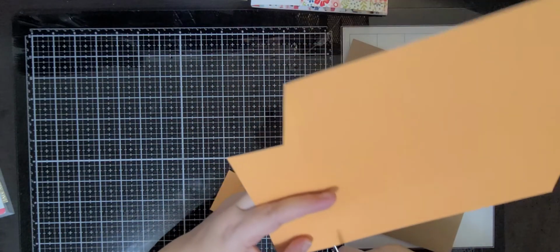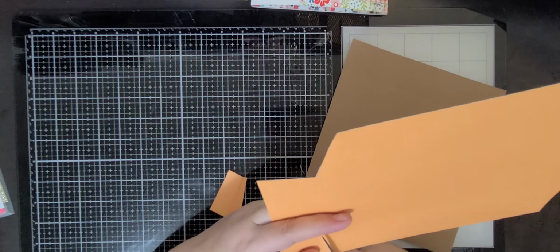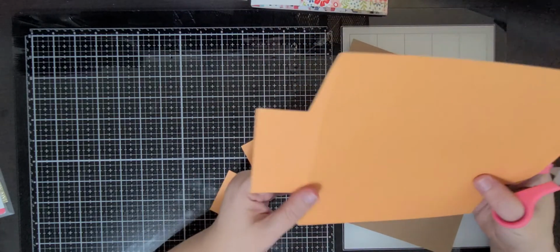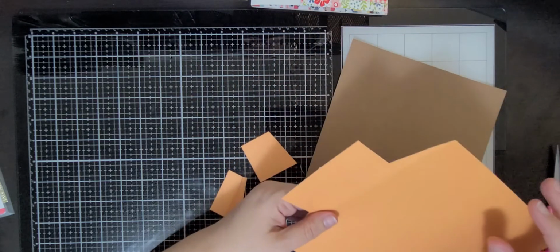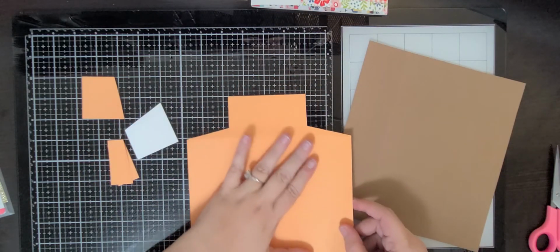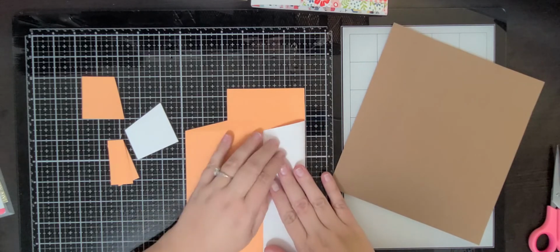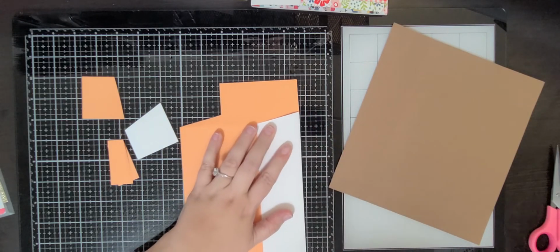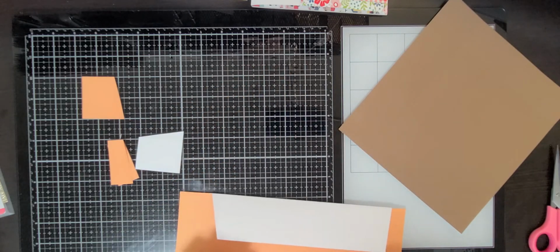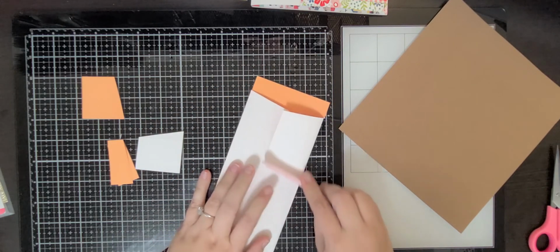I like to make sure that I am starting my angle cut at the same spot, so I usually measure, except I made that extra score mark, so I just used that one for this one. But I usually measure it, but you don't have to do that. I'll show you on the next one. So then we're going to fold these in, just like that. We're going to fold these in,